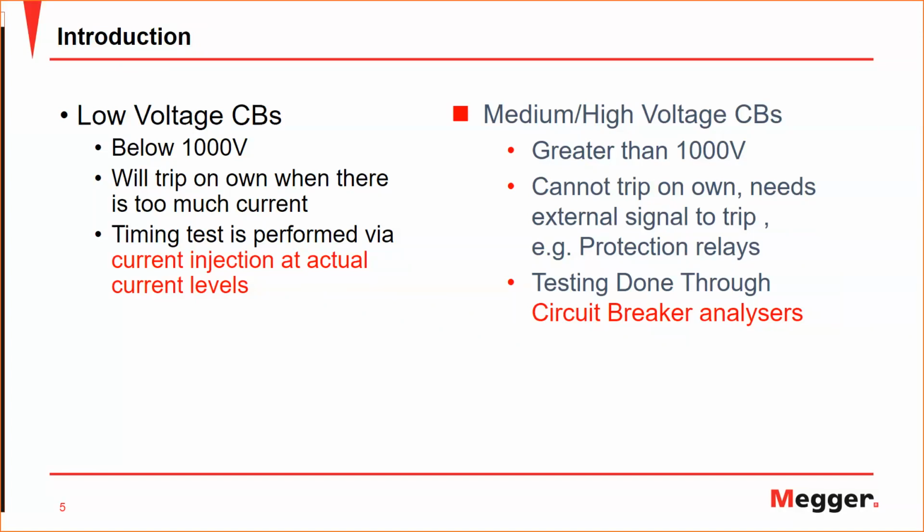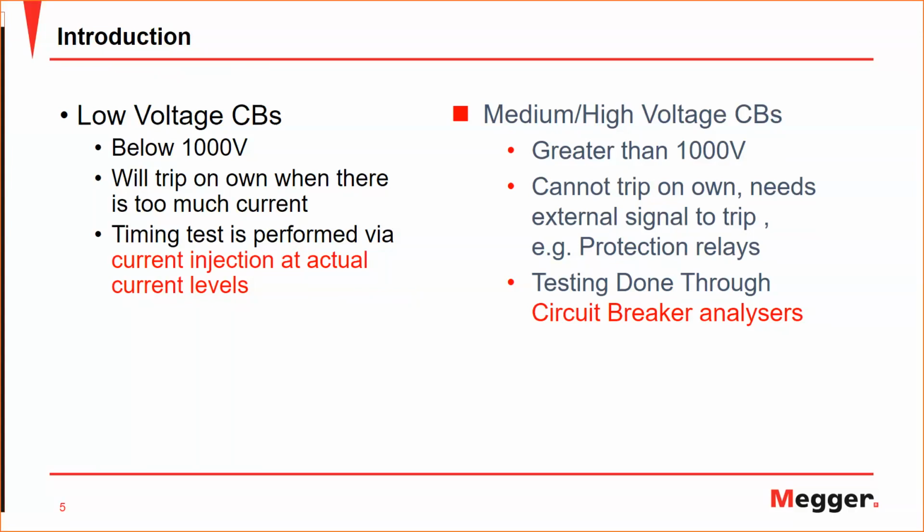Medium voltage or high voltage circuit breakers, which by standard definition are more than 1 kV, I believe in the IEC standard are no longer called medium and high voltage; they are just called high voltage. In the IEEE market, they still have this standardization of medium to high voltage circuit breakers. Usually, these kinds of breakers don't have their own trip. They cannot trip on their own. They need an external trip signal, either from, for example, control systems or from protection relays. So testing for these kinds of breakers is usually done